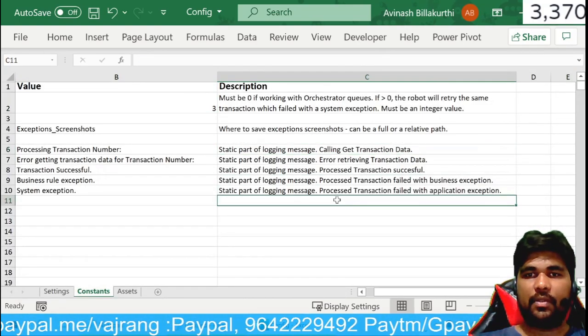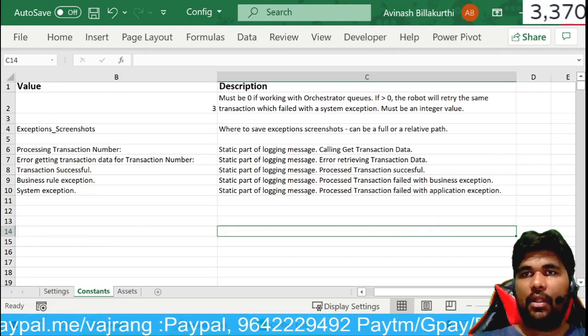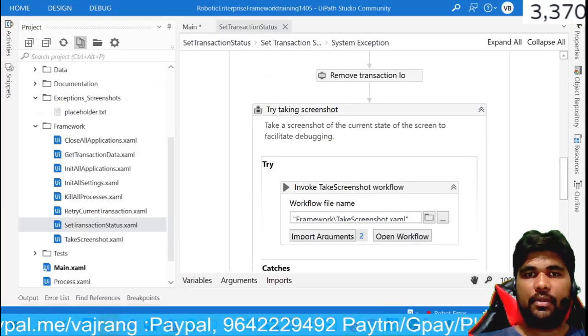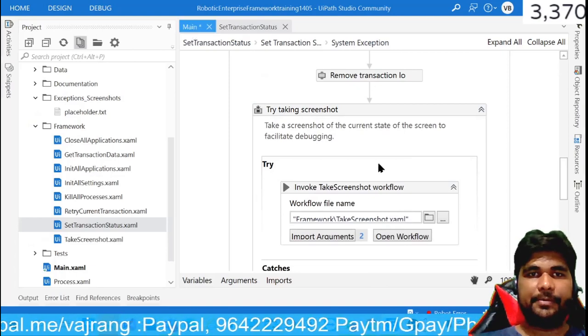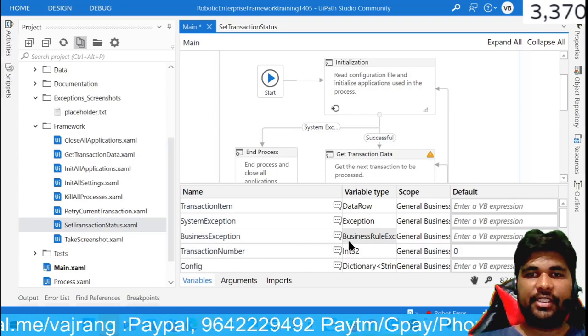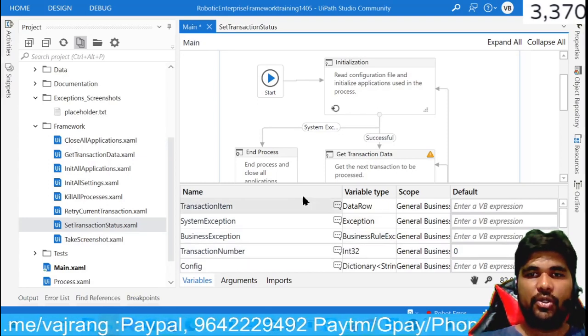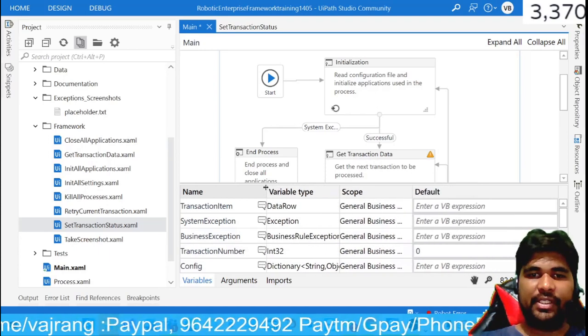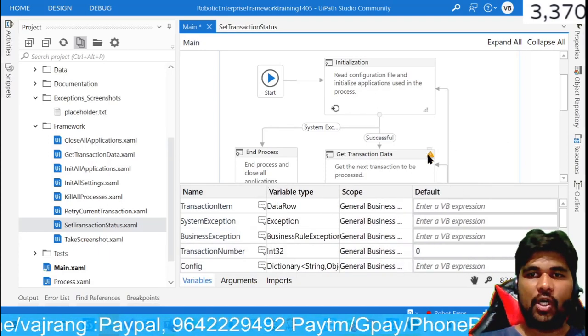Okay, let's come back to the code and try to understand. When I change this transaction item type to data row, you can see things started falling apart.